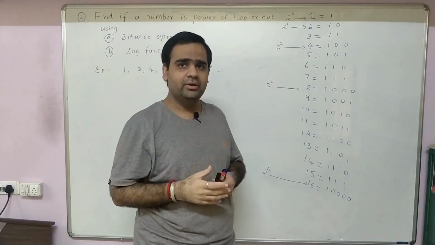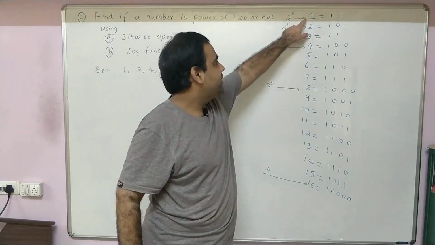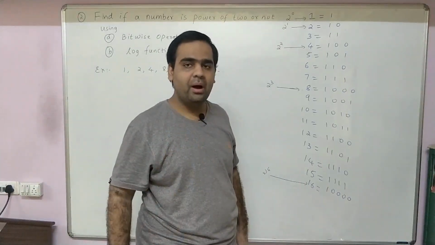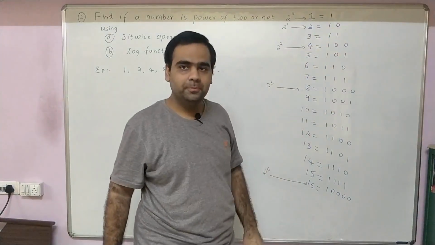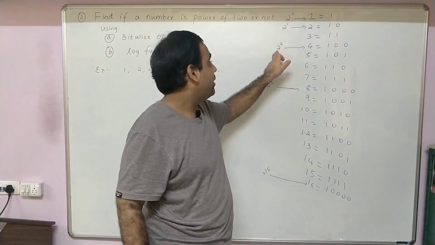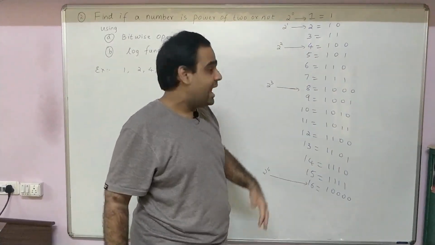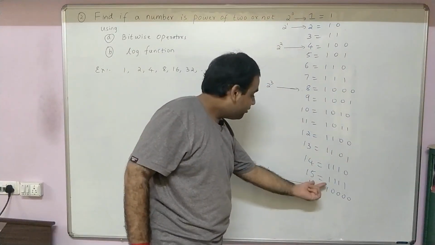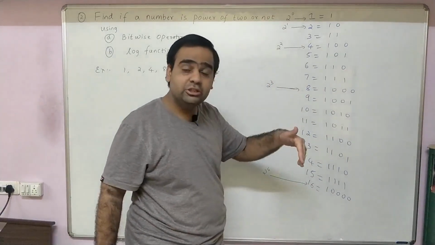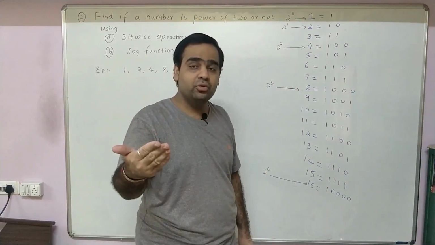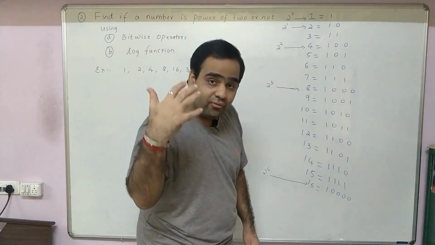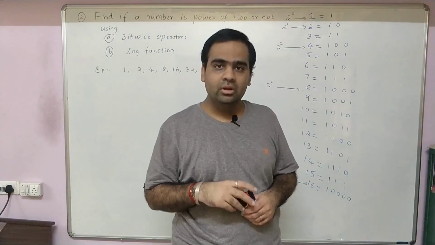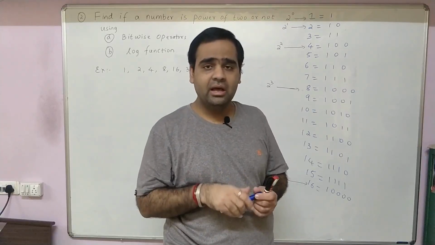If you observe, the number of bits for 2 to the power 0 is 1. As soon as it increases to 2 to the power 1, the number of bits becomes 2. At 2 to the power 2, the number of bits becomes 3. At 2 to the power 3, the number of bits goes from 3 to 4. From 4 to 5 when you reach 2 to the power 4. And when you reach 2 to the power 5, the number of bits goes from 5 to 6. You can try it. This is true even for the decimal pattern as well.